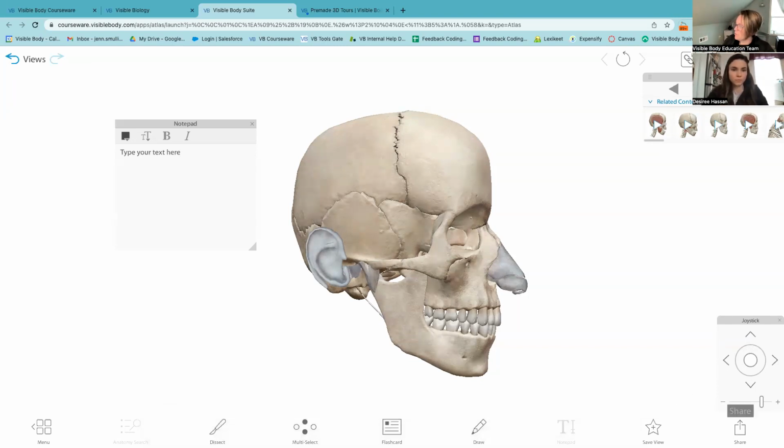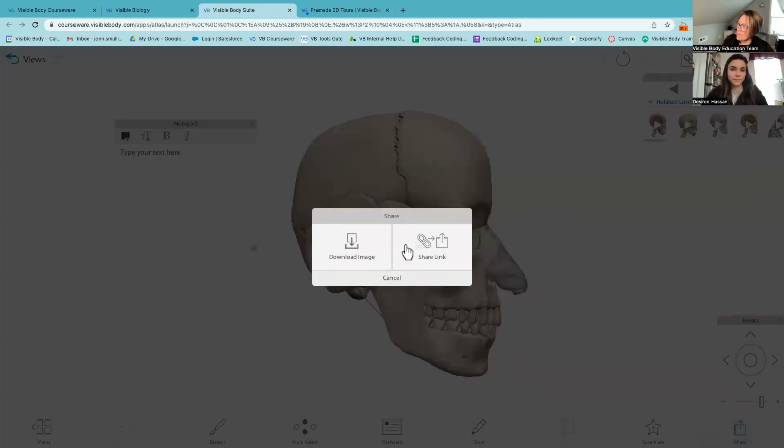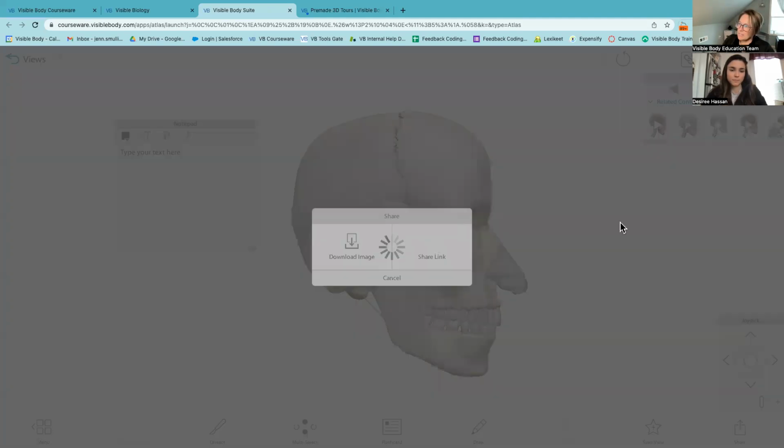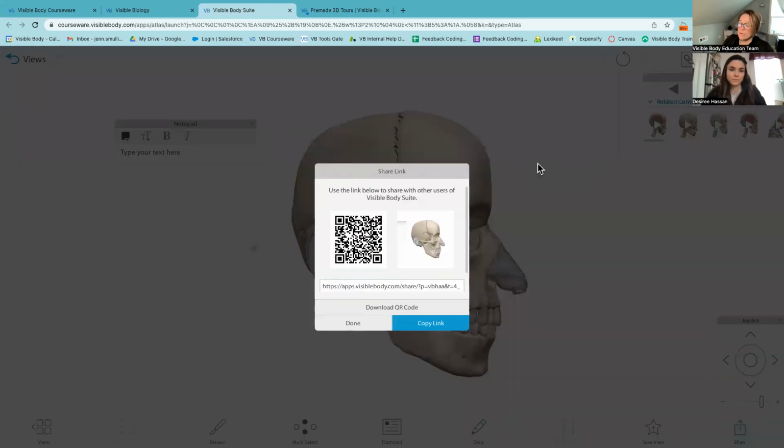All you have to do is click on this share button. Now you have two options. If you click download image, it's going to take a screenshot of your screen and save it to your computer. If we click share link, this will allow us to share our 3D model in an interactive capacity with other users. First way here is using the QR code, and we'll talk about this a little bit more in a moment, but if you have users with a mobile app,